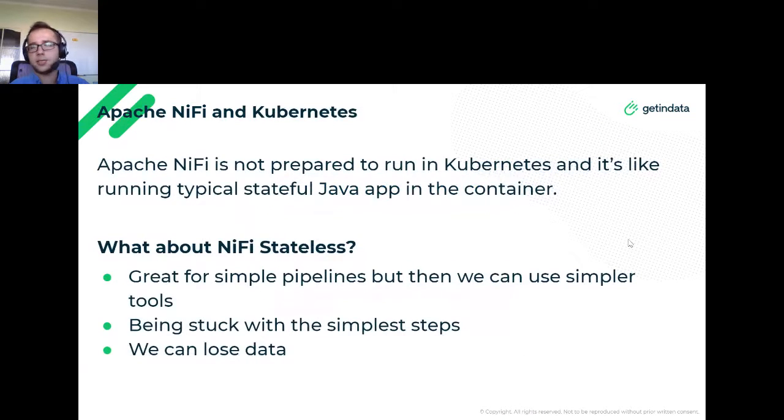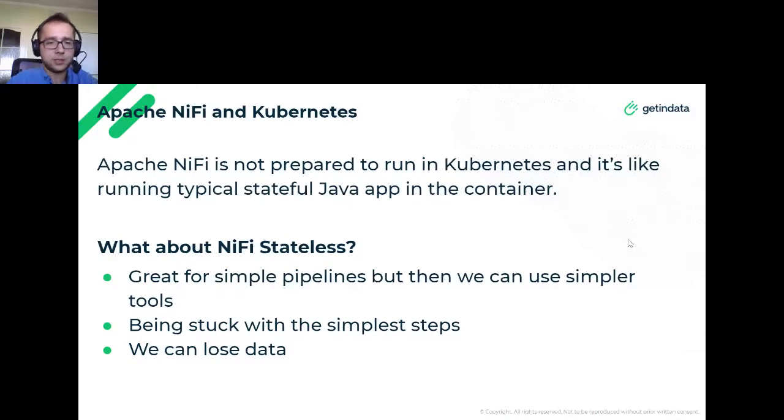And if you work with Kubernetes for some years, possibly you heard a lot about running Java applications in Kubernetes, and that it's not the best environment for it. But thankfully, the whole IT world is developing pretty fast, and currently it's a pretty okay environment to run any NiFi workload. There is also a possibility to run the NiFi stateless, in which the NiFi does not require storing all of its